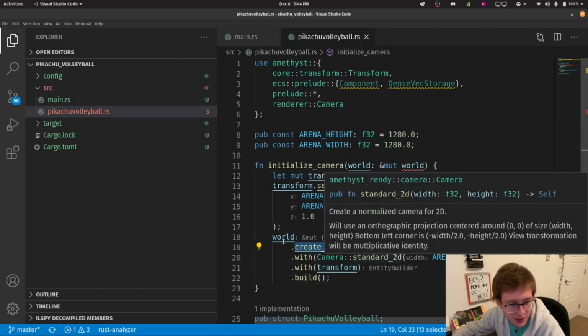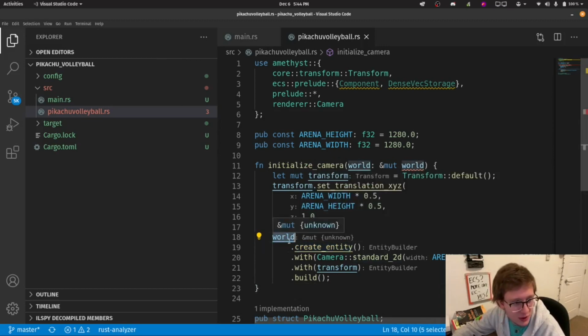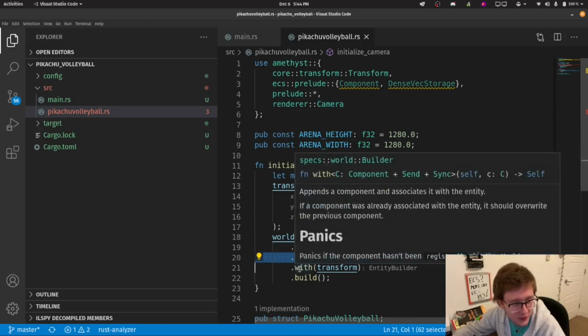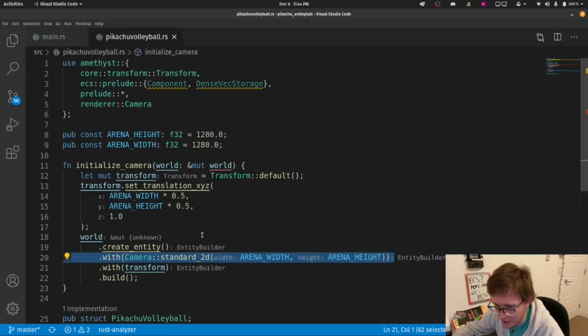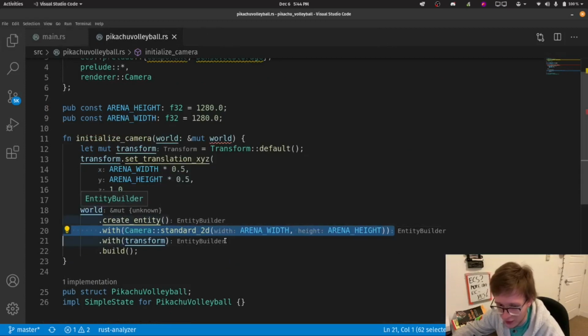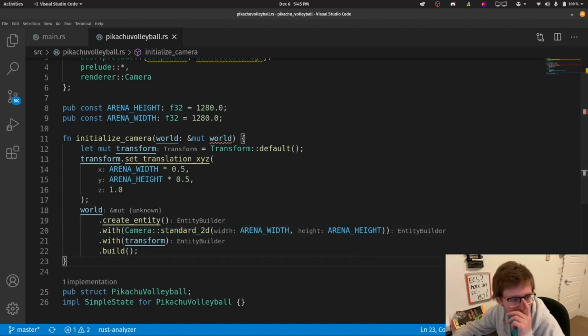First, we're creating it on the world, which is a parameter to our function. And we're making that entity our camera with the first with. This right here. Let me close this so we can see the full camera, the full ID. With this first with, we're using the arena width and arena height. Now, remember how I said before that the camera sets what we see and how? This is the what, right? We're configuring it to cover the area set by the arena dimensions.